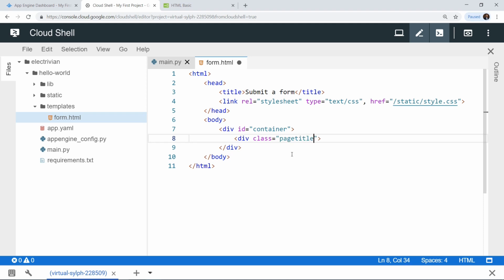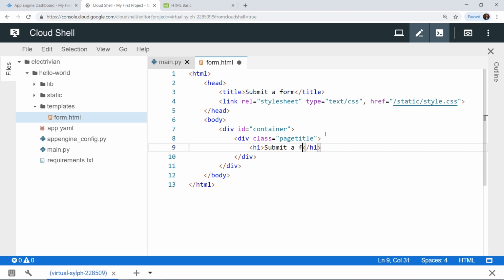Okay, so this is again a class which we are assigning to modify the properties of this particular div later on from the CSS file. So now let's also close our div. So we have a /div over here, and then inside this particular div tag, now let's add a h1 which stands for a heading. So we have h1 over here, and then we have a /h1. Okay, and in between these h1 tags we are going to give a heading to our page which is submit a form, and this heading essentially tells the user what to do.